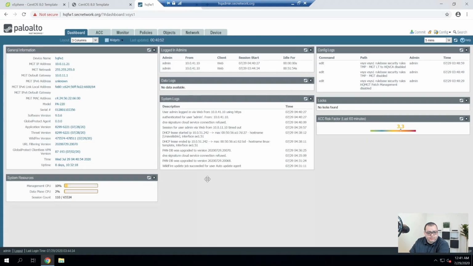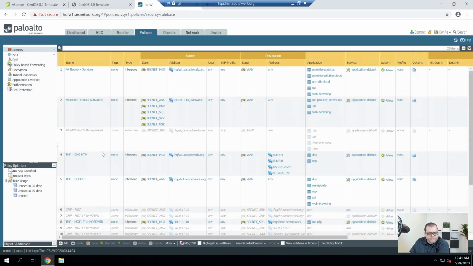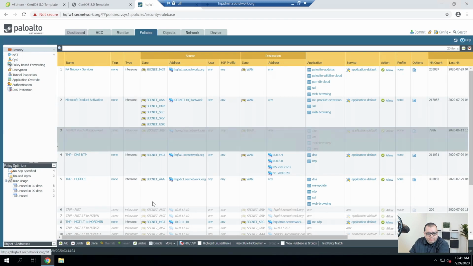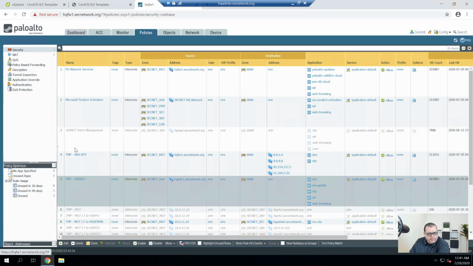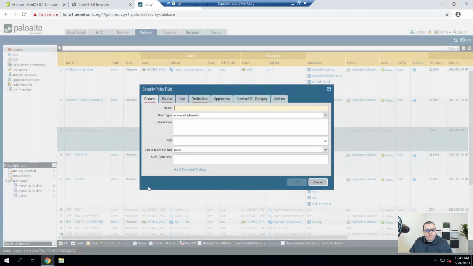Alright, I'm going to jump over to policies. And I'm going to create a temporary policy for our template, which I will put here. So I actually created a patch management rule. So I'll put the new rule underneath of that.